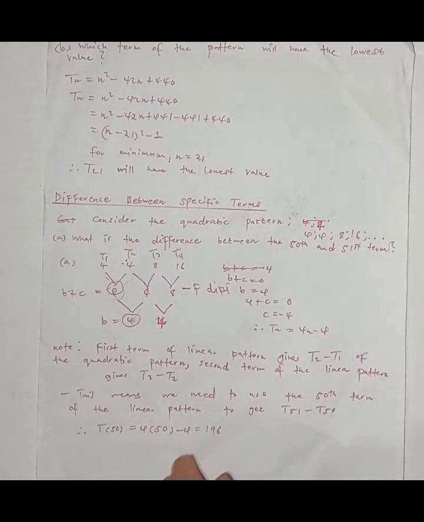So now we want the difference between t51 minus t50 of the quadratic pattern. Let me just say that so that you understand. So remember here, t2 minus t1 gives us the first term, right? So obviously we need to use t50 of the linear pattern to get the difference between t51 minus t50, because